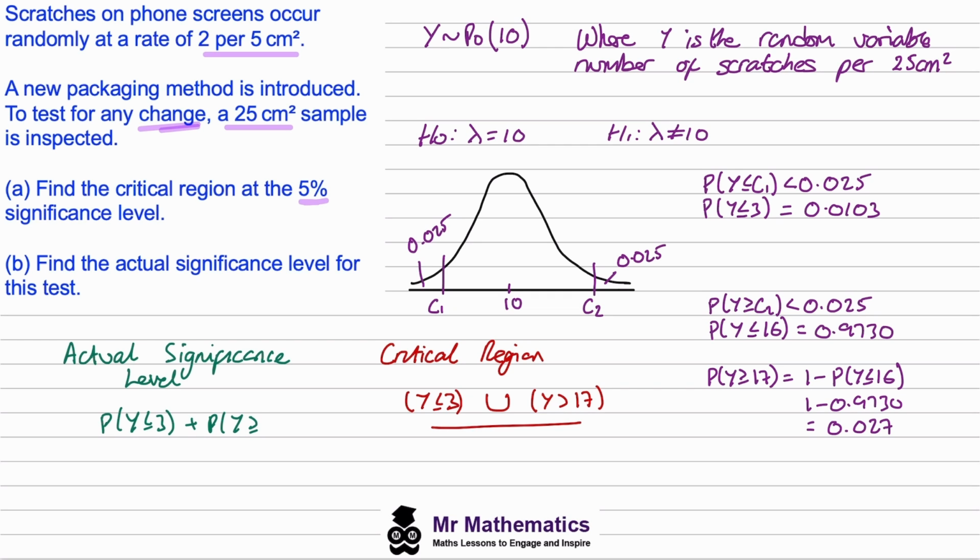I should have said here this is greater than or equal to 17. So we've got the 0.0103 plus the 0.027. And this gives us an actual level of significance, 0.0373. Okay,